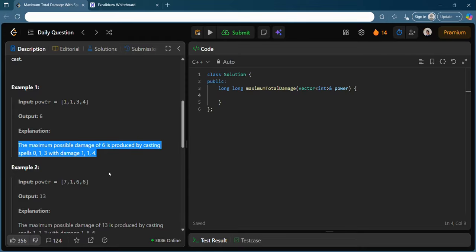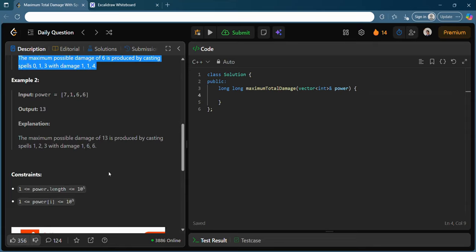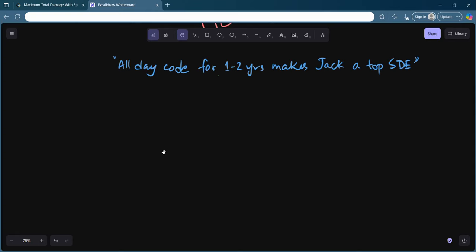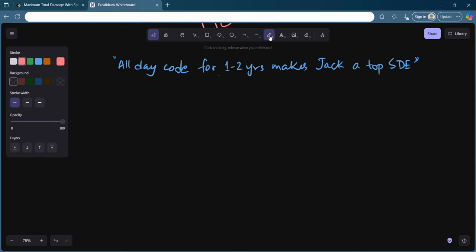I hope you get to understand something from this. One observation you can easily make is that if there are duplicate values in an array, just take all of them. Why wait? Let's say your array is very big and you have a 5, another 5, and then a lot of 6s, and let's say you have some 7s, something like that.